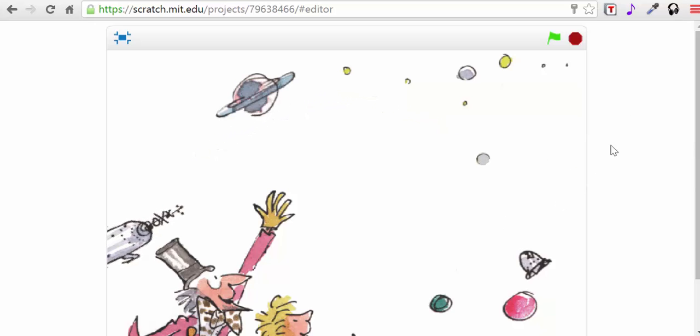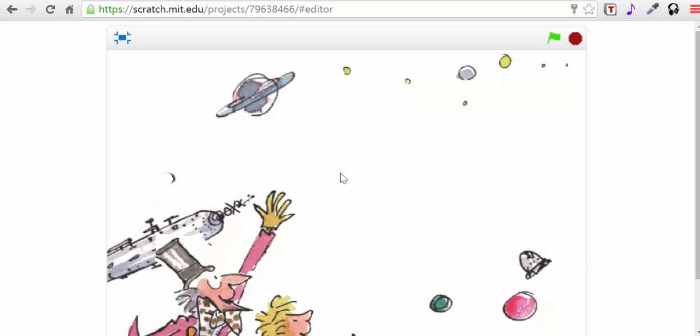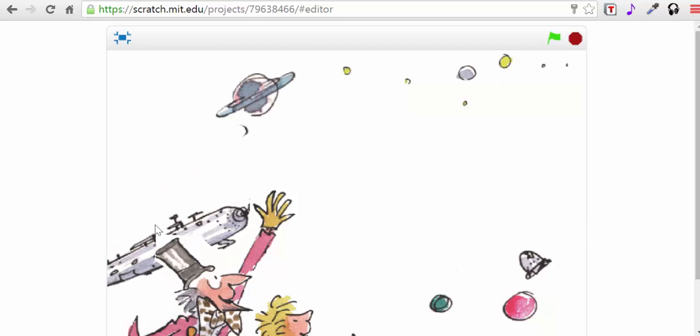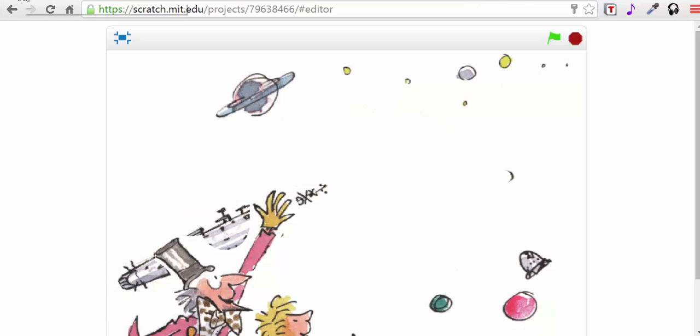But it's changing its costume in the wrong place. So you're going to have to figure out where in the programming it changes to the next phase, and you want it to change right as it's starting its orbital path. So take a look at your program,